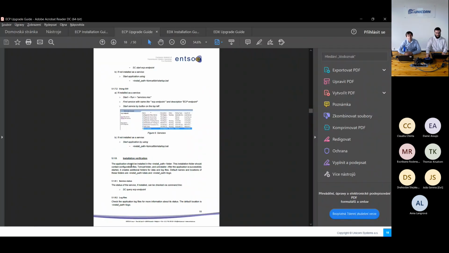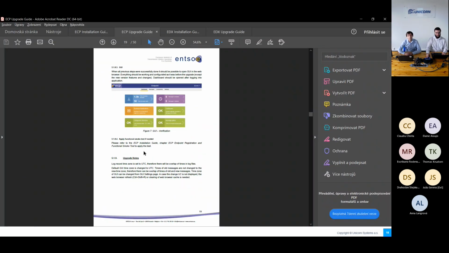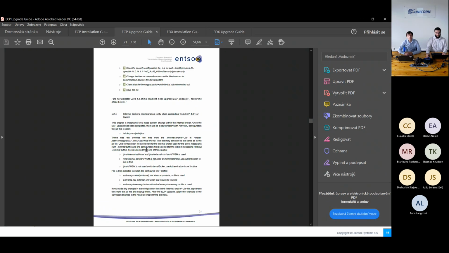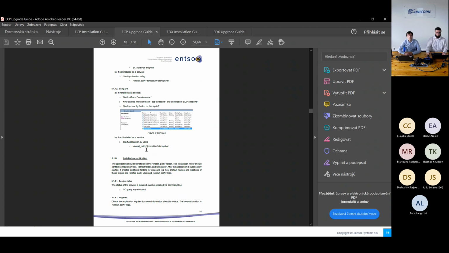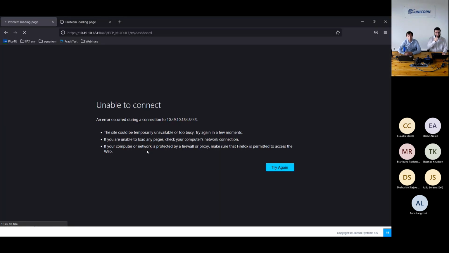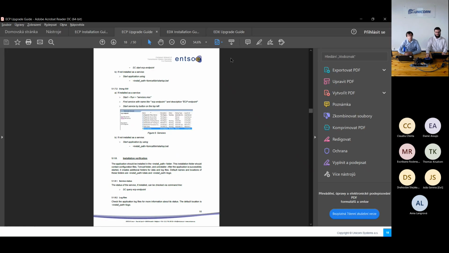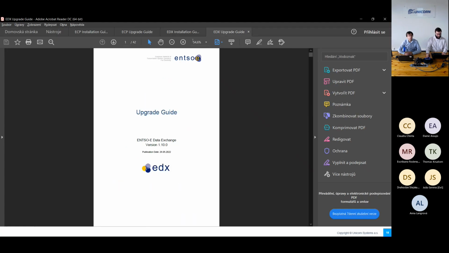This is also the last step, the upgrade of ECP endpoint. It will maybe take a minute, so let's move to the EDX upgrade guide,